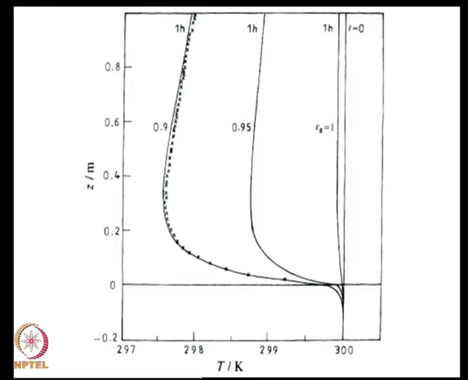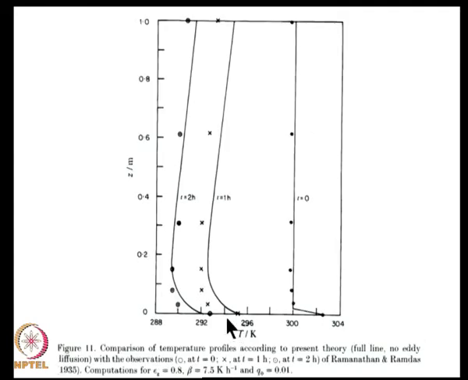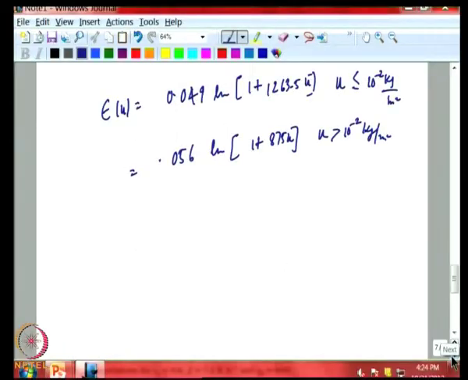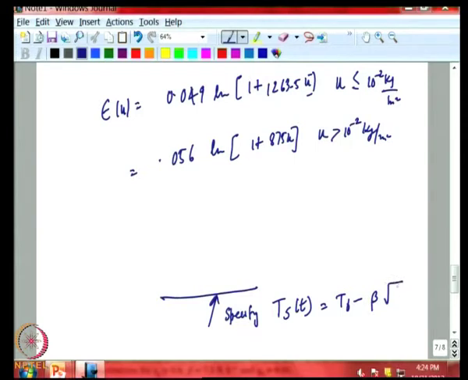Now, to really solve the problem exactly, you need to solve the problem in the ground along with the temperature profile in the atmosphere. So, let me just illustrate that briefly. The point is that we can solve this problem two ways: either specify the variation of surface temperature with time, and one way that has been done earlier is to assume that the ground temperature falls as the square root of t, which is quite a reasonable approximation.